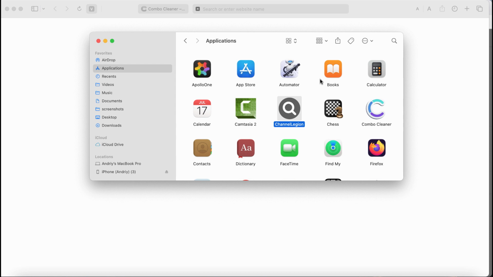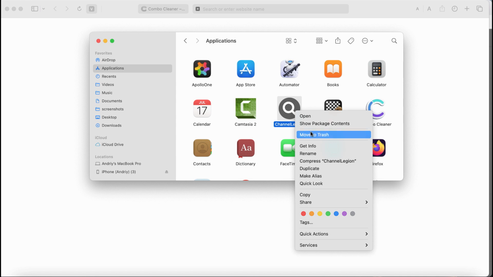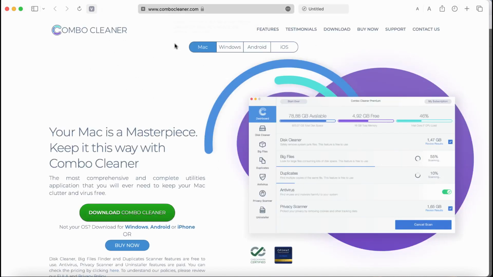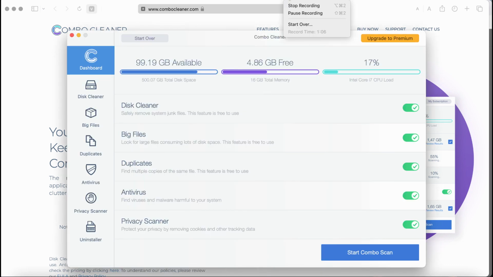soon as you can. So right click on it and then choose this option to move it to the trash. Also, I recommend you to research the system with Combo Cleaner. Go to the page combocleaner.com, download it, install it, and then once it gets installed, start researching the system with